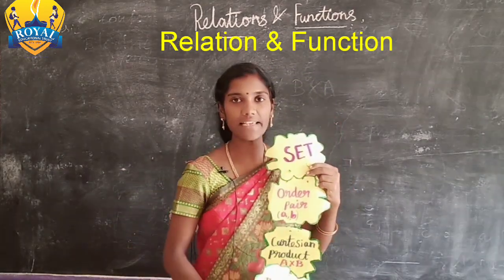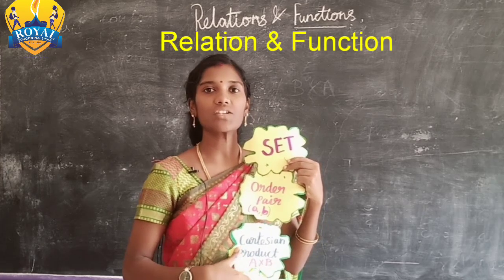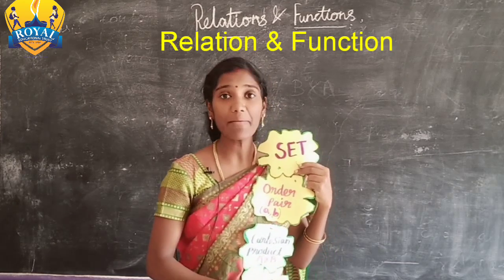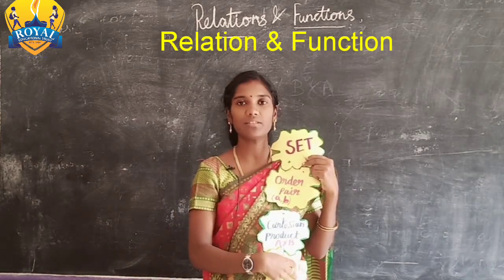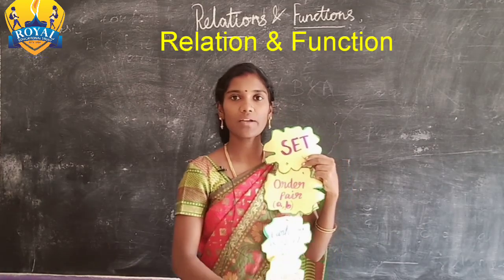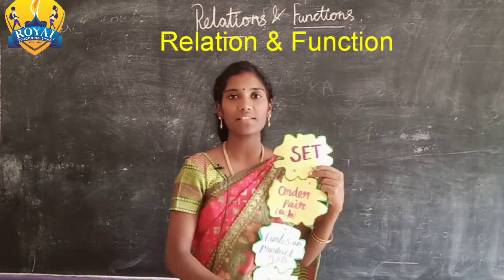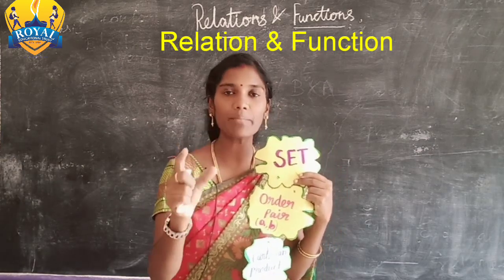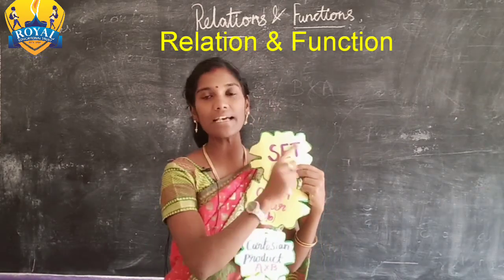First, a set is a collection of a group. Collection of a group means the collection of objects in the same category, that is a set of vegetables, a set of fruits, a set of bangles, like this. The elements are in the same category. The definition of a set: a set is a well-defined, distinguishable collection of objects. That means elements of the same category are in the set.